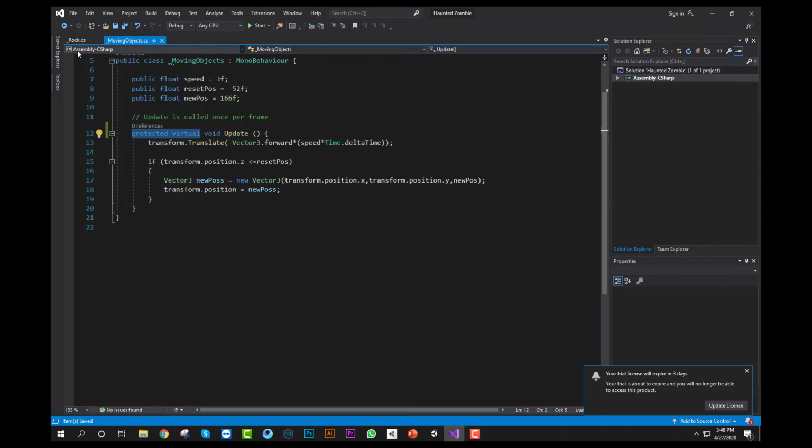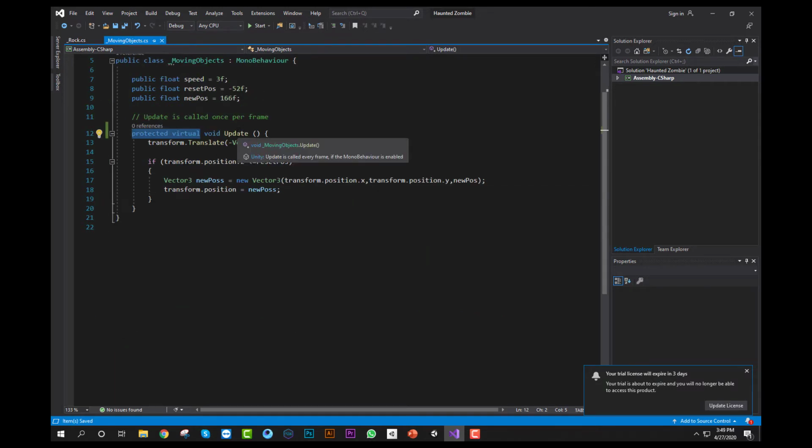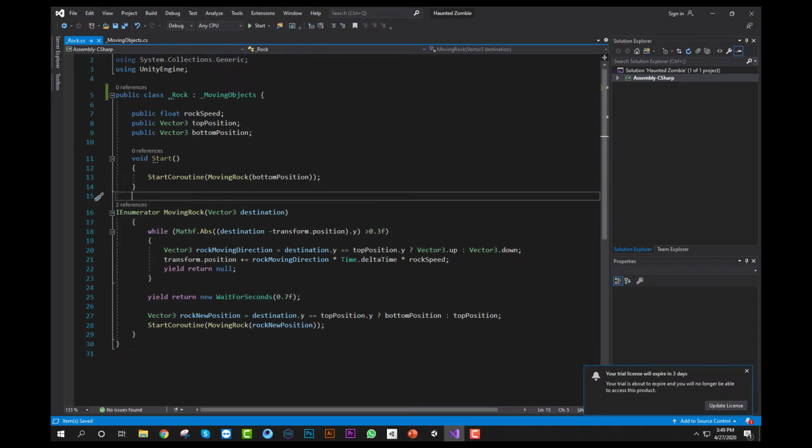So let's go to the child class, and in the child class, because I want to access the Update function, that's why I have written this one to Update function.